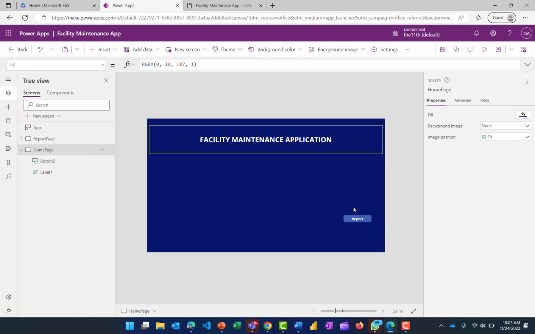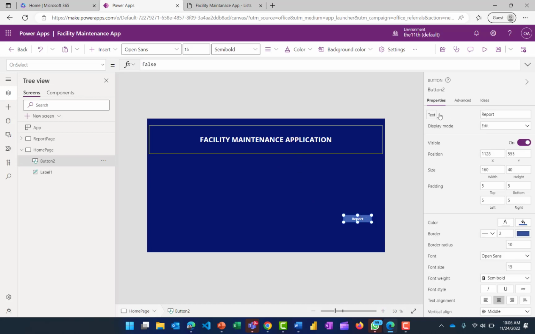This button is going to navigate us to our report page. And this screen, like we explained earlier, is the screen that we are going to see once we come into this application. We have changed the text to report. We'll go ahead and make some quick